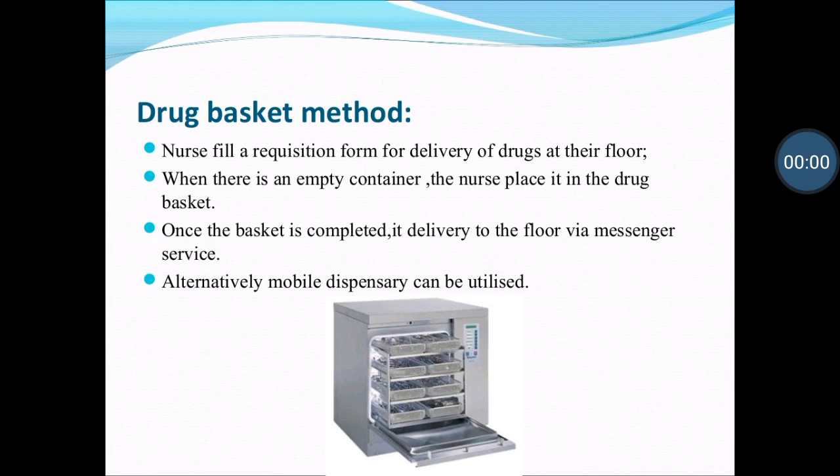Now this is the second part, or B part, of drug distribution in the hospital pharmacy. Two parts of classification were given for the non-charge floor stock system. One is known as the drug basket method, as shown in the diagram. Different trays are given, and in that tray, medicine should be available. That is the drug basket method.